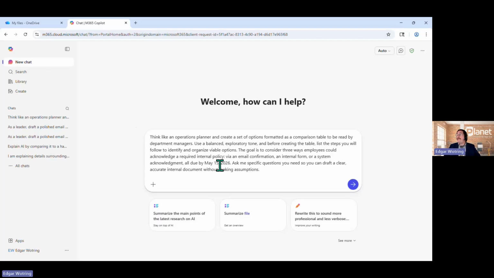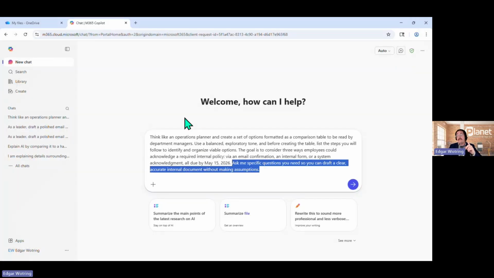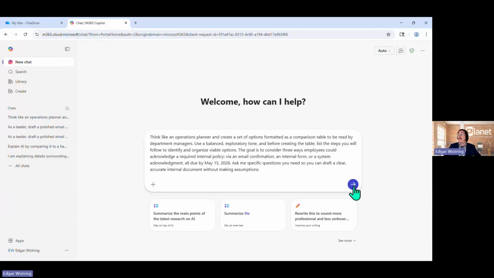But this last part is key. Copilot, we want you to ask us specific questions that you need to draft a clear document. Don't make any assumptions. While we're providing lots of details, chances are there's additional information or criteria that should be included as well. Let's see what Copilot does for us here with our reverse prompting prompt.